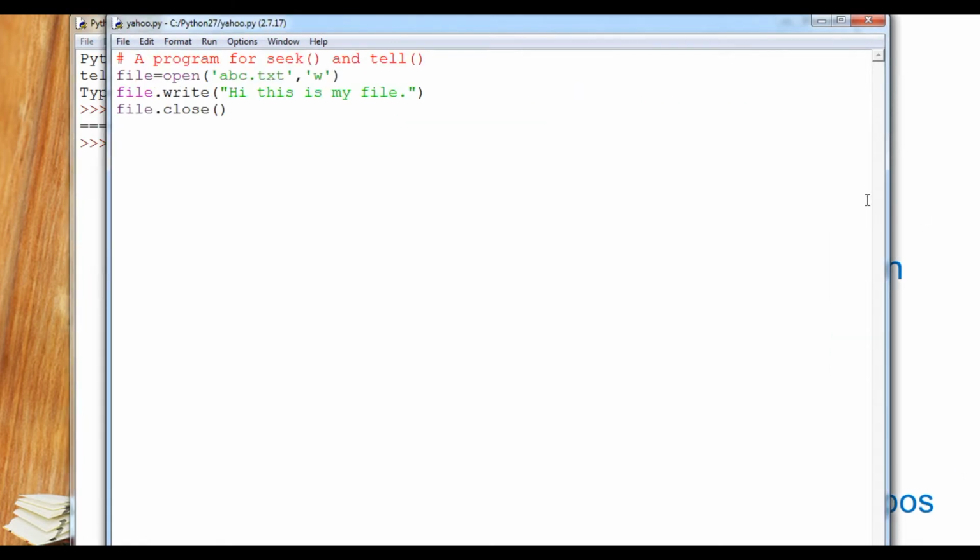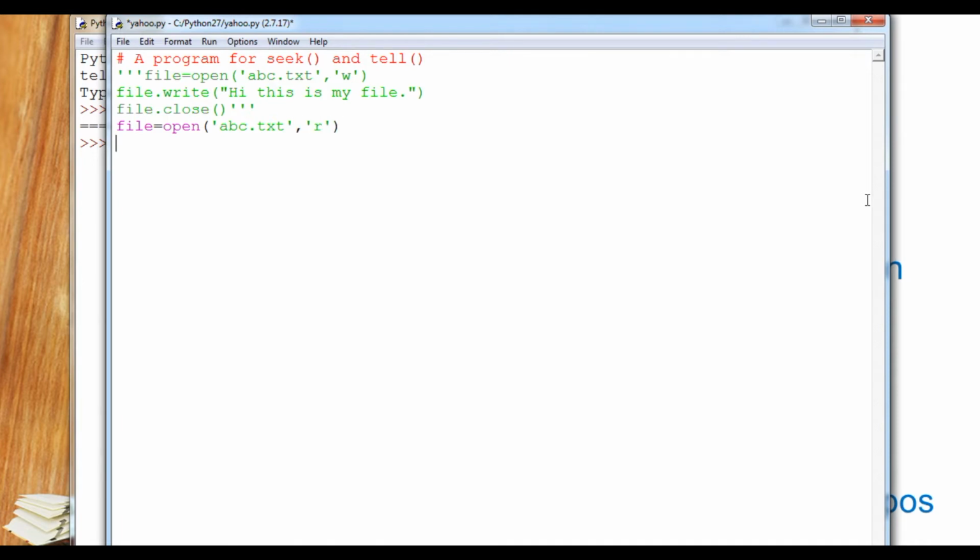Now we are going to comment it out with triple quotes, because we have already created this file, and now we are going to read it. So file equals open, the file name is abc.txt, then read mode.